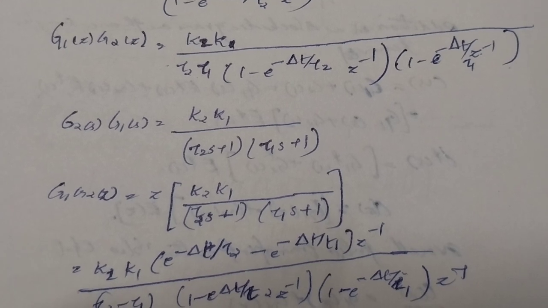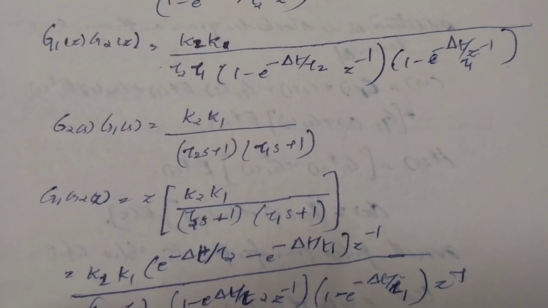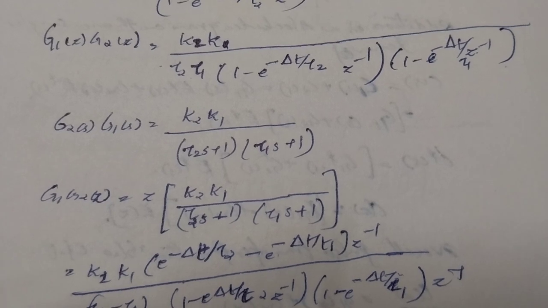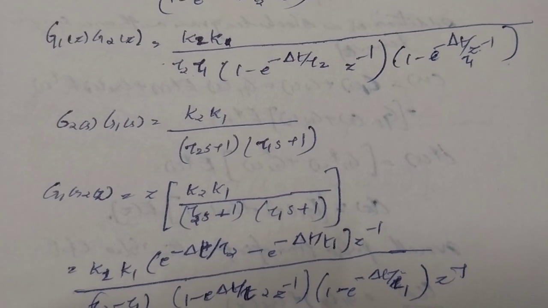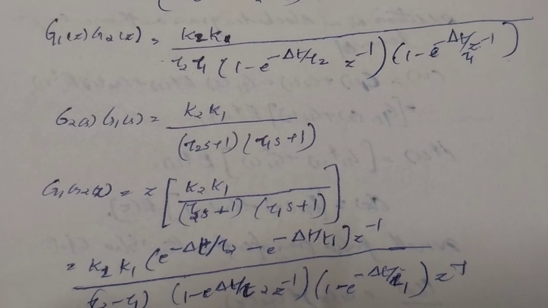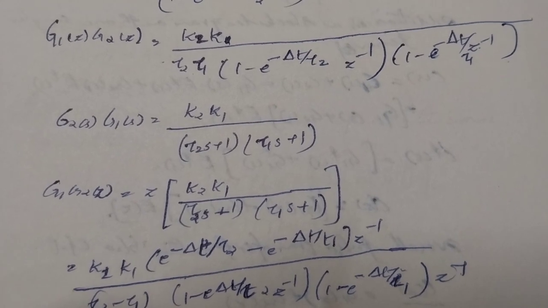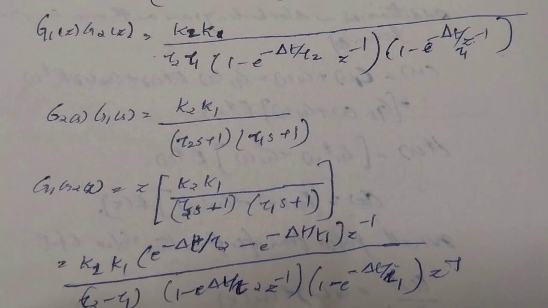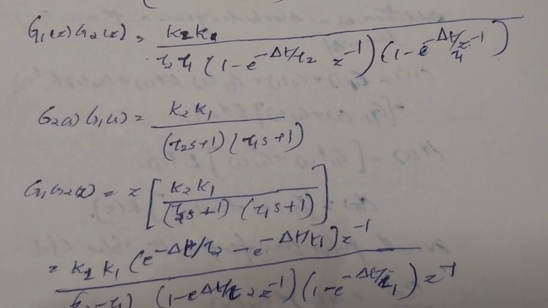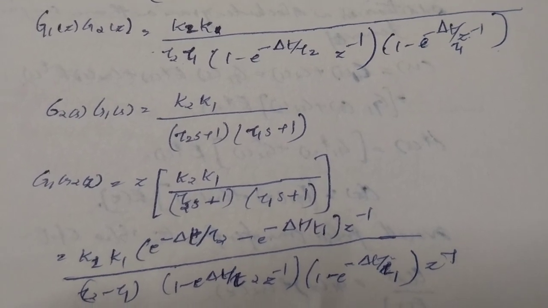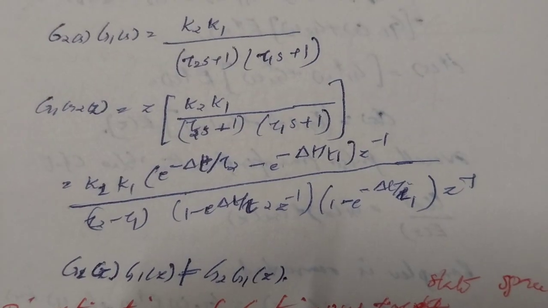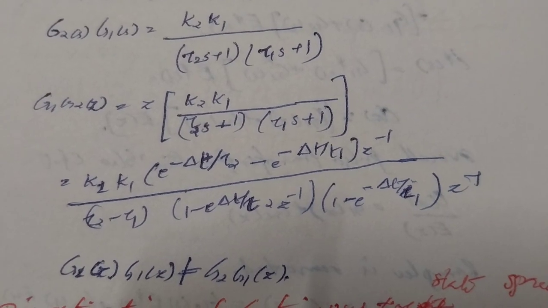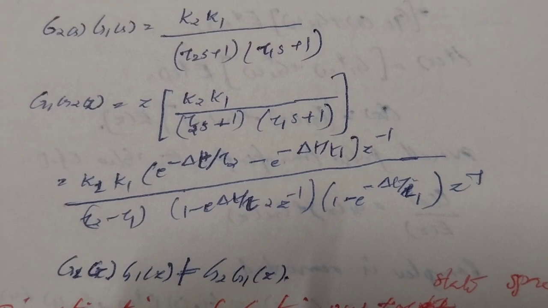G2(s) G1(s) is equal to K2 K1 divided by tau 2 s plus 1 times tau 1 s plus 1. G2 G1(z) is the z transform of K2 K1 divided by tau 2 s plus 1 and tau 1 s plus 1, which is equal to K2 K1 times e raised to minus delta t by tau 2